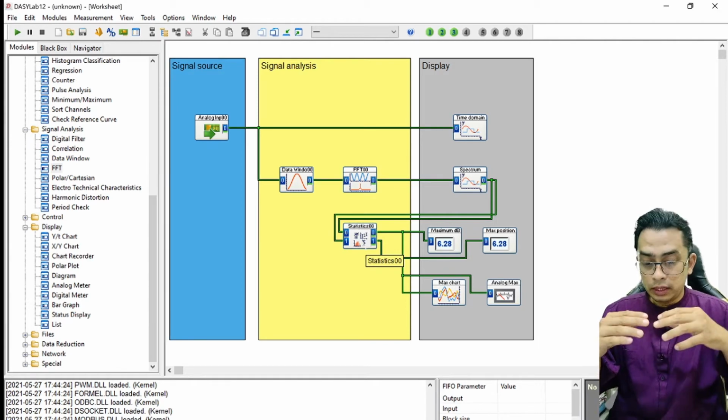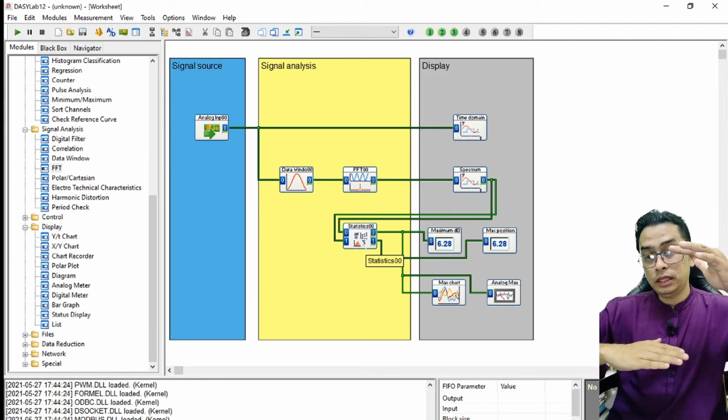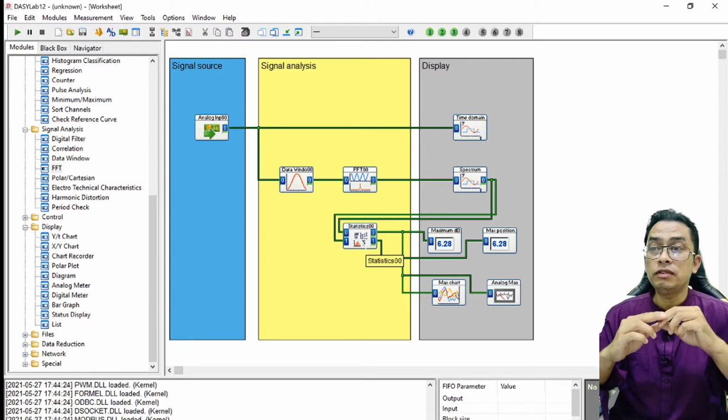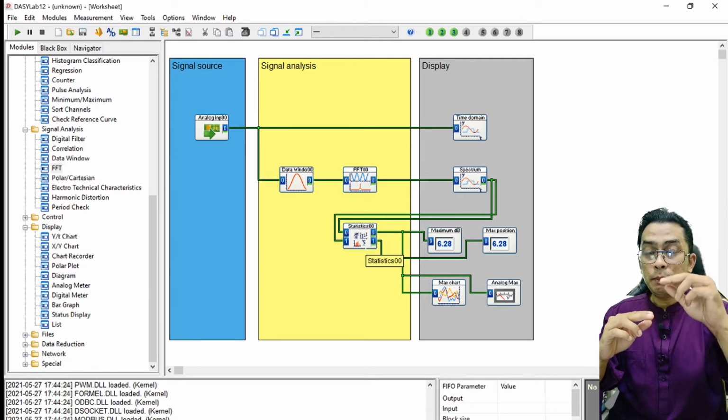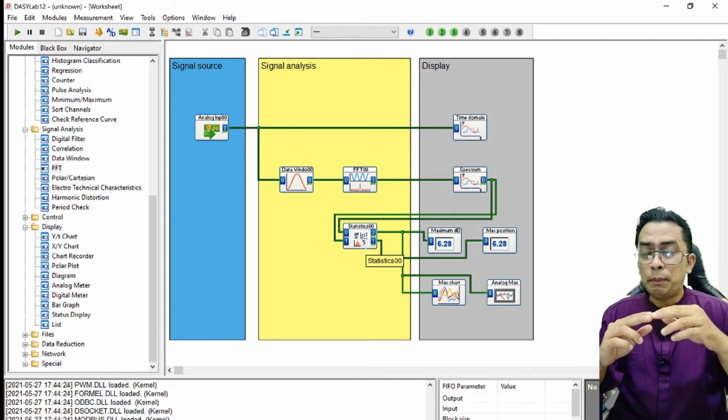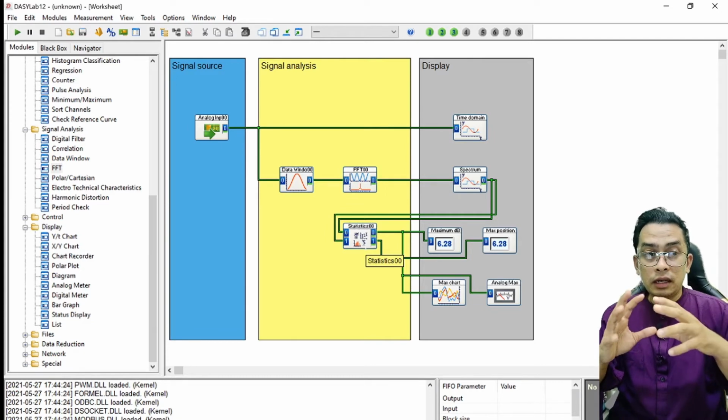So we want to set a 0 to 100 dB view, and in between we have a lower limit and upper limit. Lower limit we set 50, and upper limit is 70. That means any amplitude or dB above the upper limit is considered a warning. Okay,